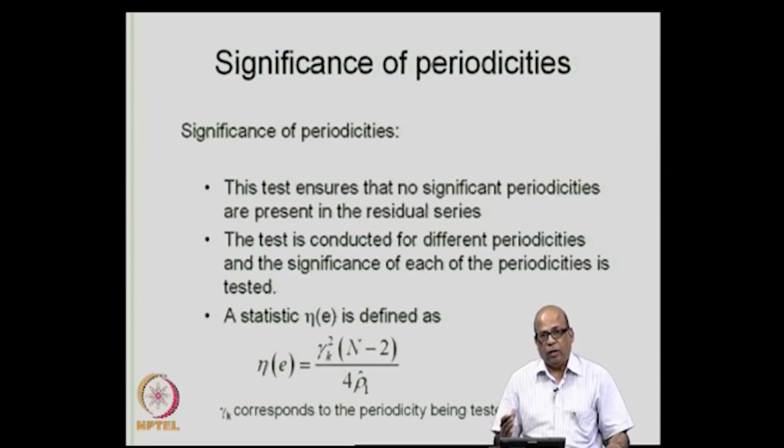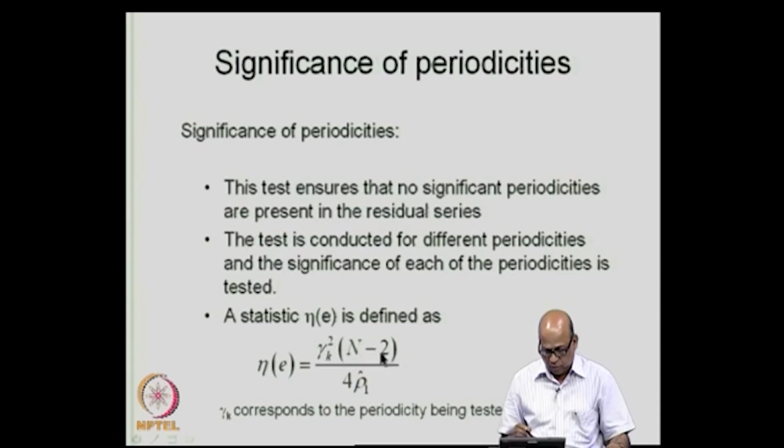Now, the mean may be 0, but you may still have periodicities present in the residuals, and the residual series that you obtain from the model should be devoid of any periodicities. Therefore, we look for significance of the periodicities, and the residual series should not have any significant periodicities present in the data. Now, I will discuss two tests. Both of the tests are valid, but one is slightly superior to the other, as we will state presently. So, for the first test, again you formulate a statistic eta E equal to gamma k